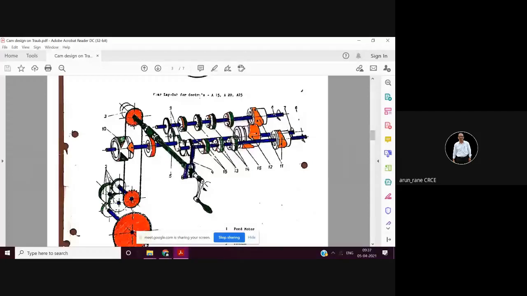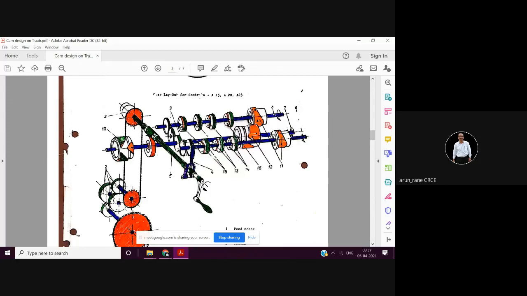On this shaft the tailstock is mounted. So on this shaft you have a drum cam or a cylindrical cam on which the tailstock is mounted. So you please note now on this drum cam there is a slot or a groove. There is a slot or a groove. Alright, this is a groove, or there is a particular shape.